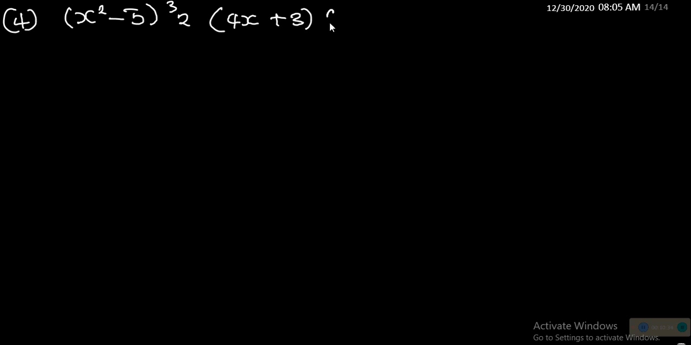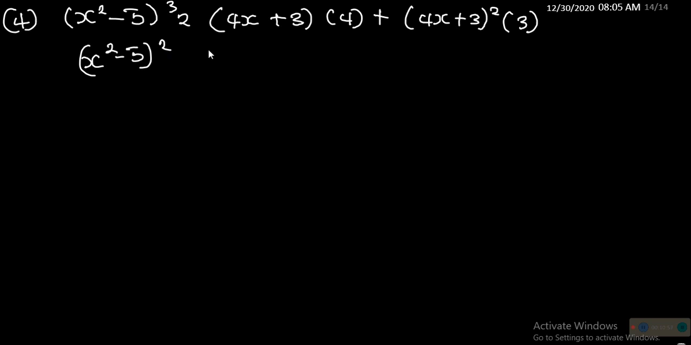Example 4. x squared minus 5 all cubed multiplied by 2 into 4x plus 3, multiplied by 4, plus 4x plus 3 squared into 3 into x squared minus 5 squared into x squared. Okay, so